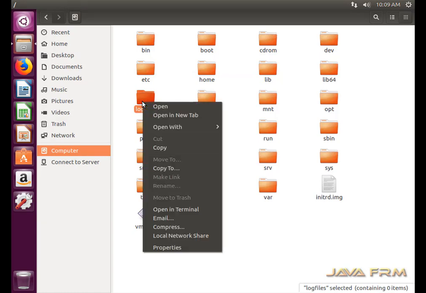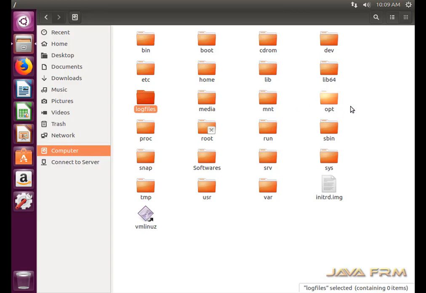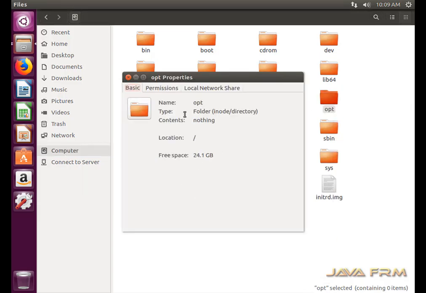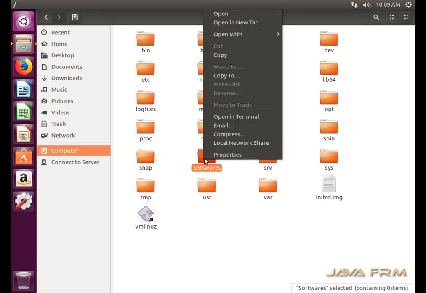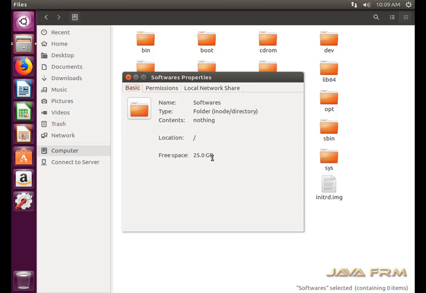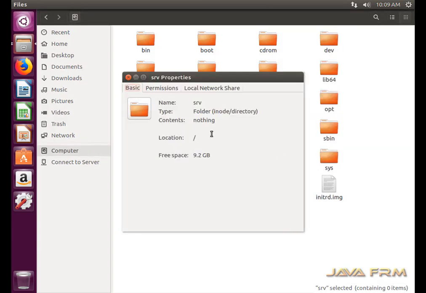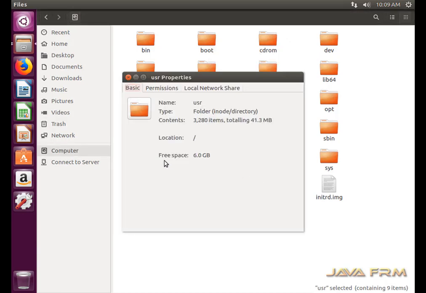So /home allocated correctly, /logfiles also allocated correctly, /opt was also allocated correctly, /software was also allocated correctly, /srv so this is also allocated correctly, /usr so this was also allocated correctly,